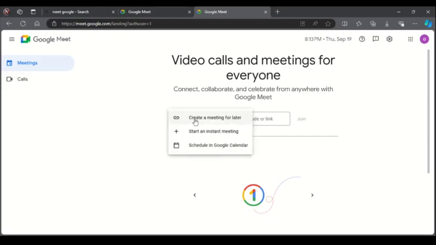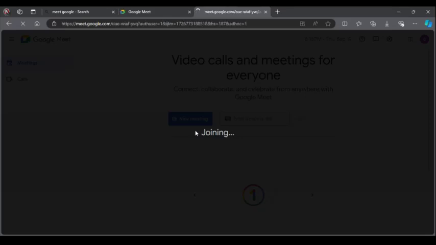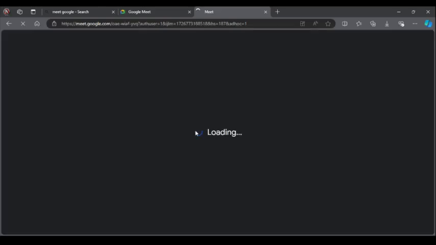Make sure you're connected to a call in Google Meet before you can use these features in Google Meet. You can see right now I'm trying to start a call. Just see meeting. So I'm trying to host the call right now. So if you click proceed,